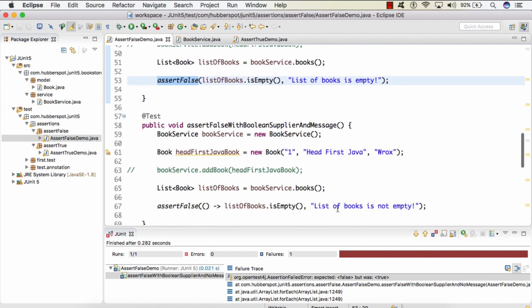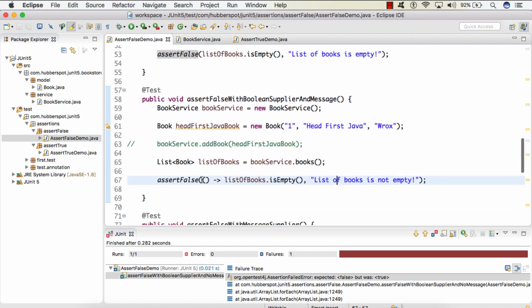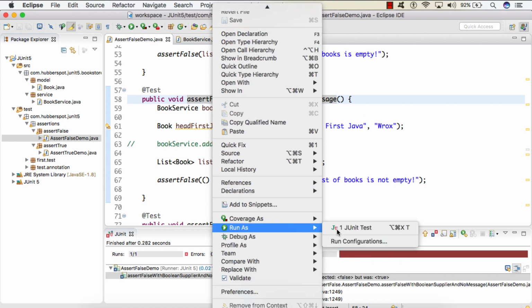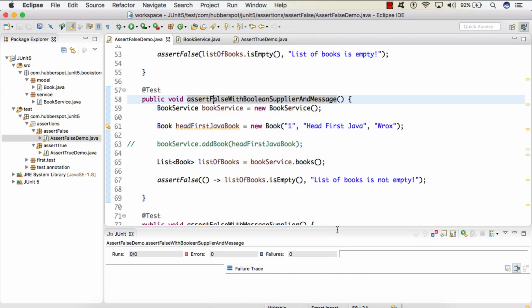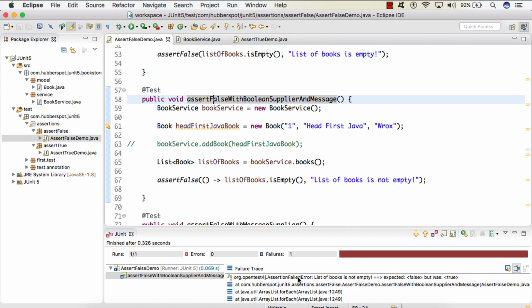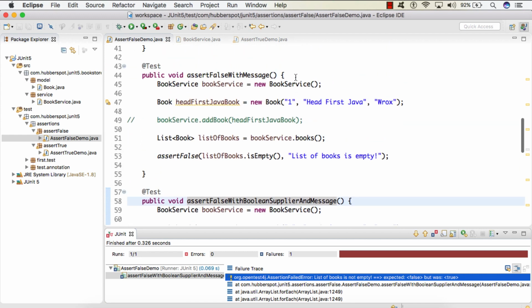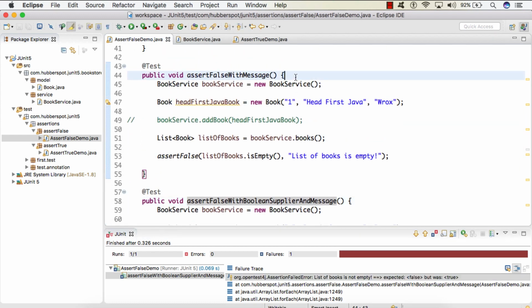Here it's exactly the same. The only difference is here it takes in a boolean supplier. So if I run this test case, here you can see that the test case got failed and the output is exactly same which we saw in our second overloaded assert false method.